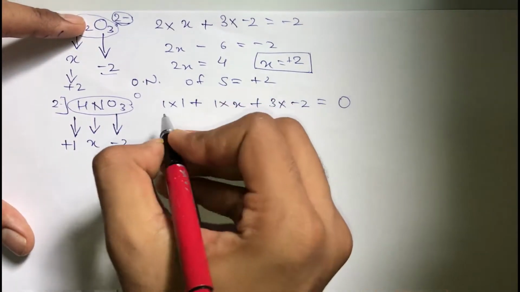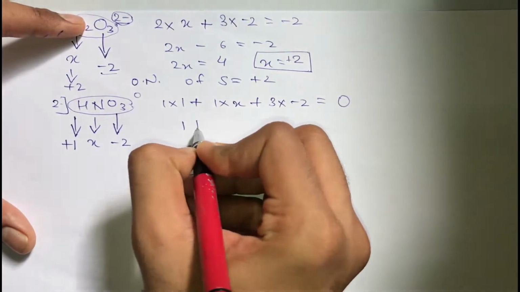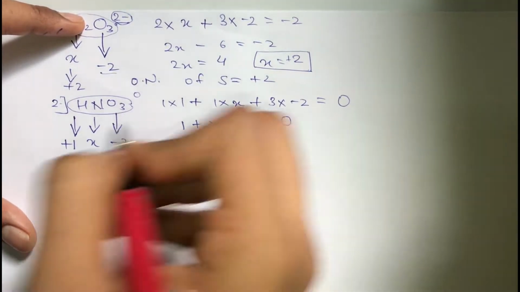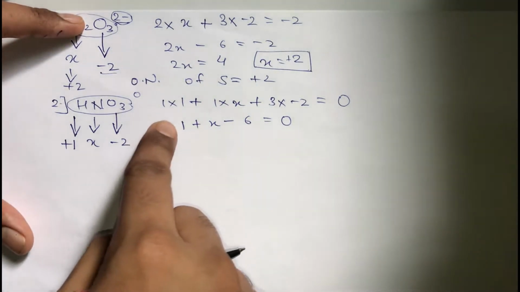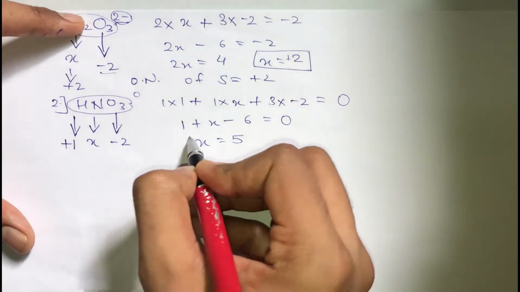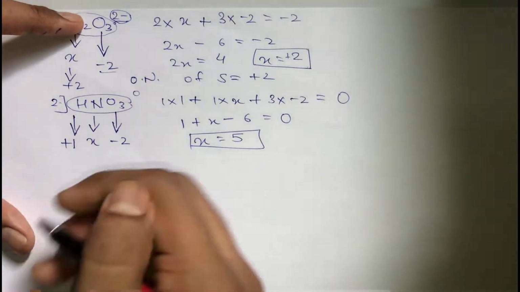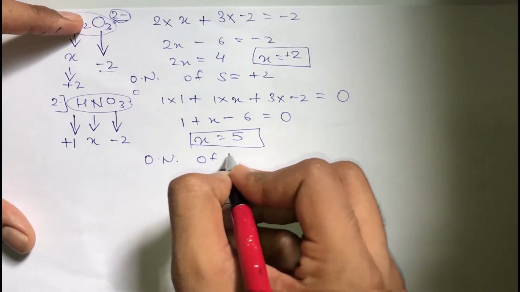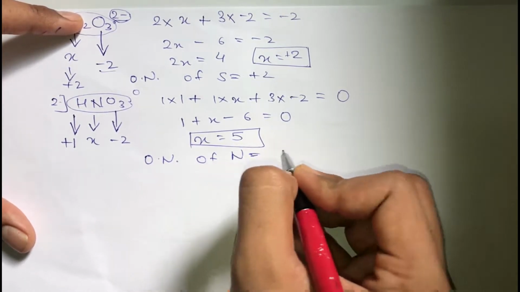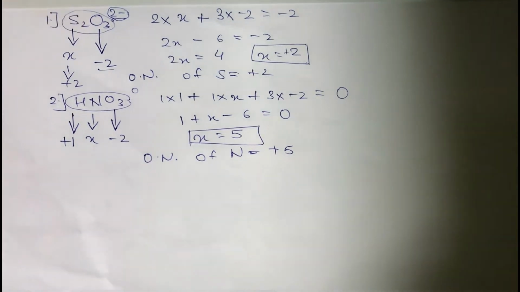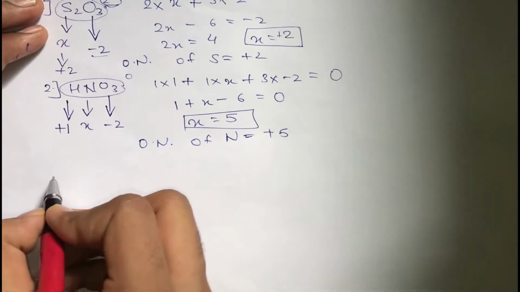Now 1 into 1 will obviously be 1 plus X plus (-6) will be equal to 0. So we shift this 1 and 6 to that side, so X is equal to 5. So here can I say that the oxidation number of nitrogen atom is +5. So again this was a quite easier one. Now the third example,